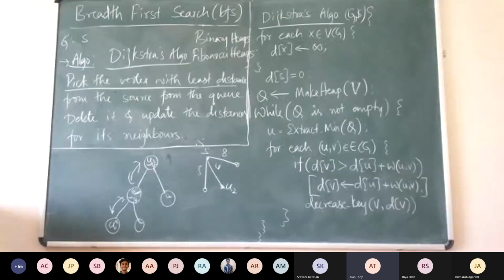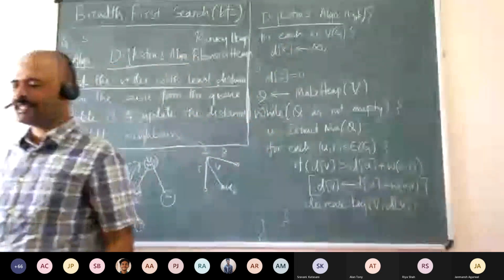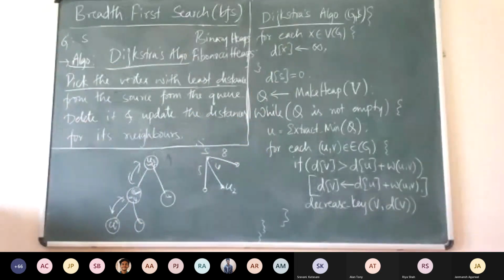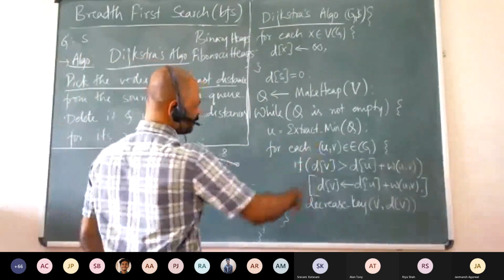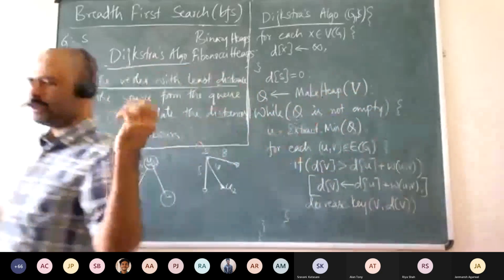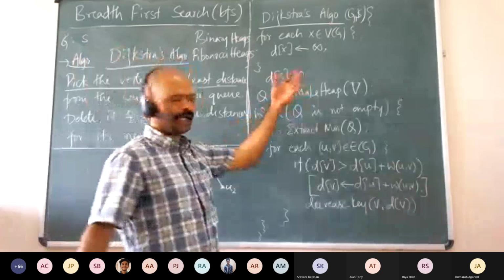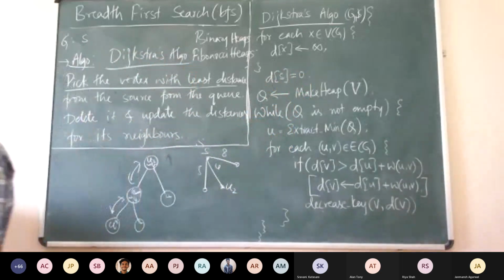We could do it the other way around also. You could insert everything one by one when you are doing it here. I didn't want to write too much, so simply I created a heap and I am just removing from the heap. The heap keeps on decreasing from the start. Once it is empty, we are done. We have set distances for every vertex. Is that fine?